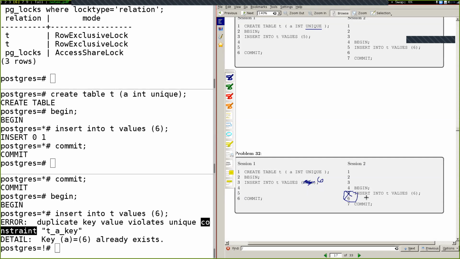Are there any questions about how that unique constraint is working? I was just wondering, I felt like the changes in my one transaction were not occurring in the other transaction, so how do we know how